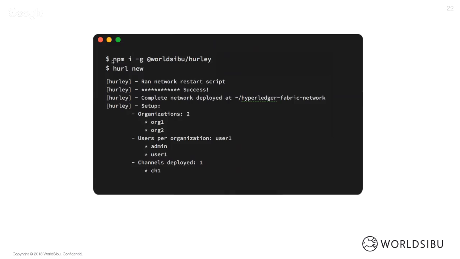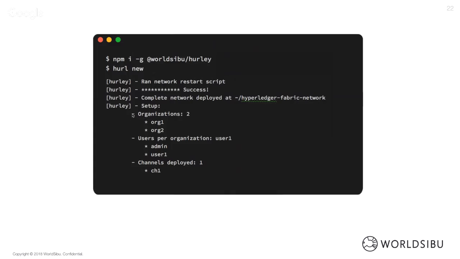So just by installing it, same as the Convector CLI, its name is @worldsibu/hurley, and you execute hurley new, it will go through a lot of steps, and at the end, it will end up with something like this, saying that the network has succeeded. You will have all the crypto material for this Hyperledger network in this path. And